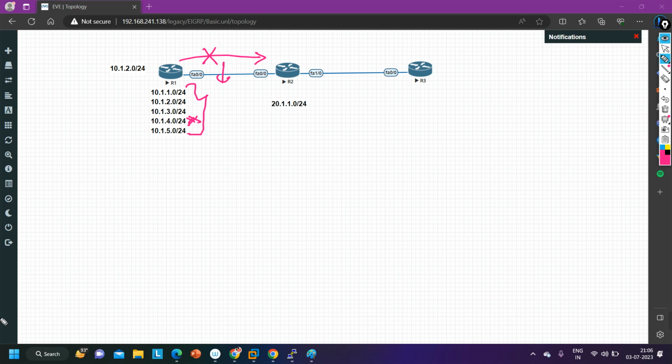It will reduce the routing table. Very good. Like if router 1 advertises all these individual prefixes to router 2, right? Router 2 will install 5 networks in its routing table. But if it summarizes all networks together in a summary address, router 2 needs to install only one prefix in the routing table. So we can reduce the size of the routing table as well with the help of summarization. Anything else?